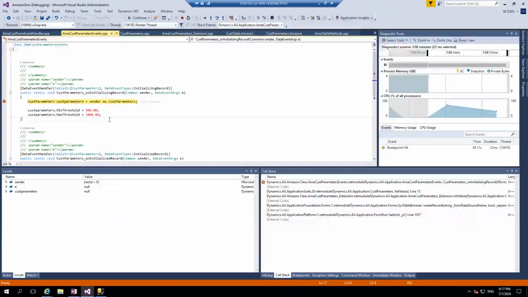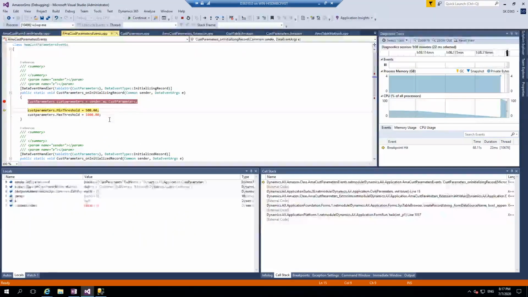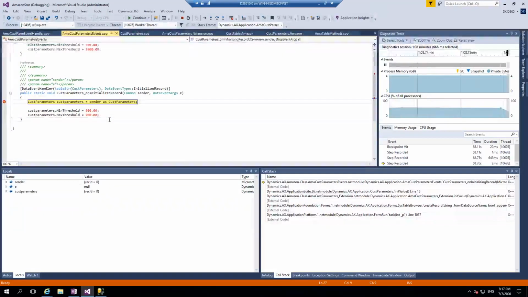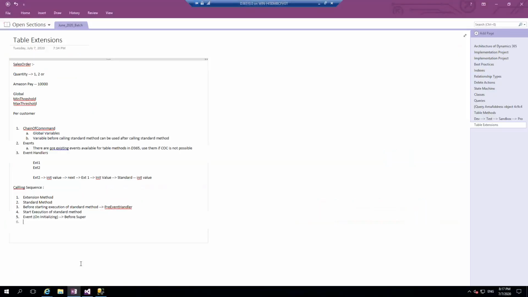Okay, now we are in the on initializing. Press F10. The values are getting assigned. Good. Sender, we got it. F10. Okay. Oh, where did it go? Yeah, from on initializing. Did it go to main method? Before execution of super code, it will call on initializing. Okay, after super call completed,